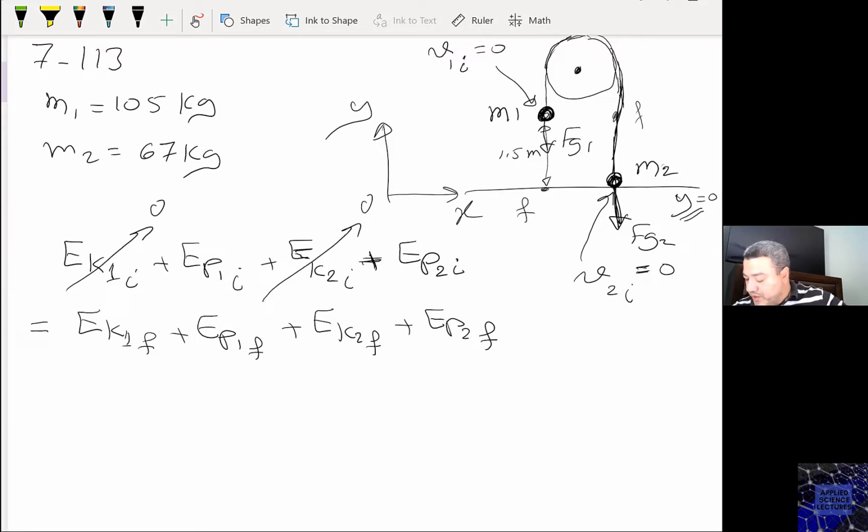So the EP2 initial is 0, right? So 0 kinetic energy here, 0 kinetic energy here, and 0 potential energy here. So I ended up only with the potential energy for mass number 1, initial. This equals to what? EK1